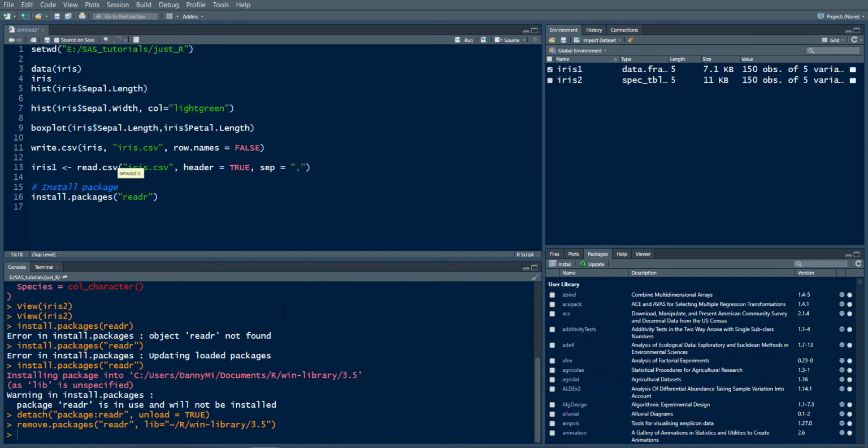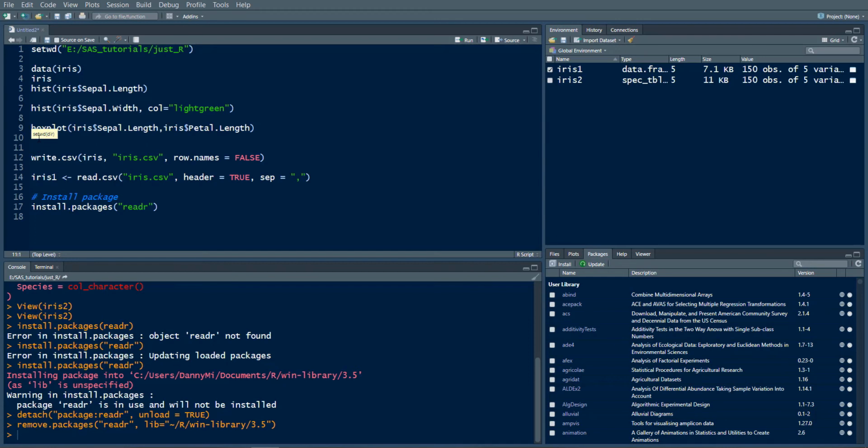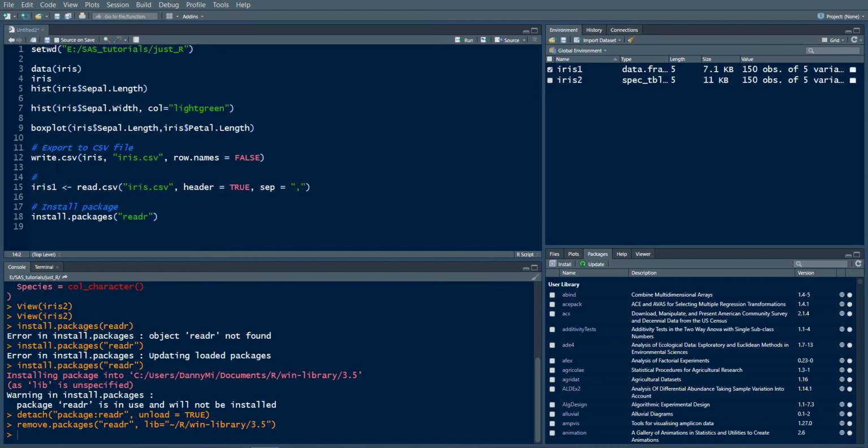Okay, we can comment on our code. Here we can comment to export. So we say export to CSV file. So here we say import CSV file. Okay, we have imported a CSV file, and here we haven't saved it, so let's save it